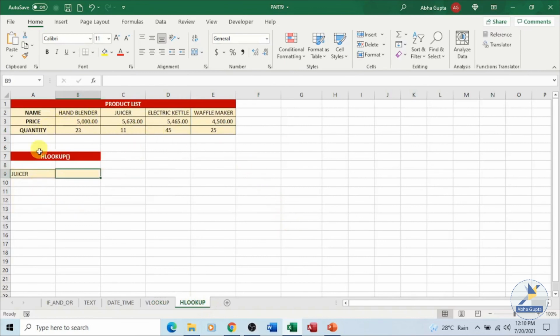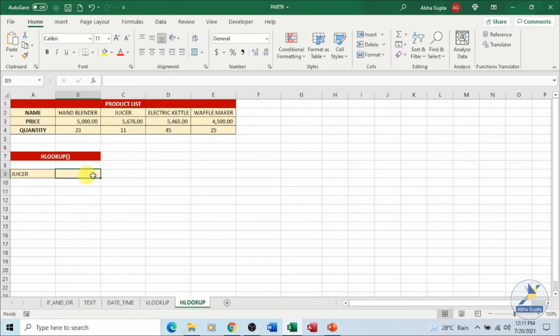This is another example, same example, but the data is being represented in a different manner. The data is in the horizontal manner. So here we will make use of the horizontal lookup. Now horizontal lookup is a function that makes Excel search for a certain value in a row in order to return a value from a different row in the same column. Now what does it mean? I am looking for a value in this particular row, and the data which we are looking for is present in this particular column over here.